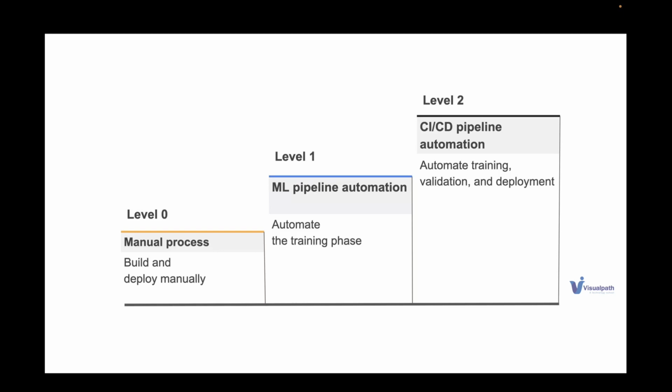So there can be n number of models. If you consider Google, they have tons of models, thousands of models in production. This number of models is something we cannot handle manually. If you are in the manual process, your models will be pretty old. They would not be giving us the best predictions. You wouldn't be able to compare and validate the models. So all these are the challenges of the level 0 MLOps process. Okay. So here is where most organizations are. Are you guys with me on this?